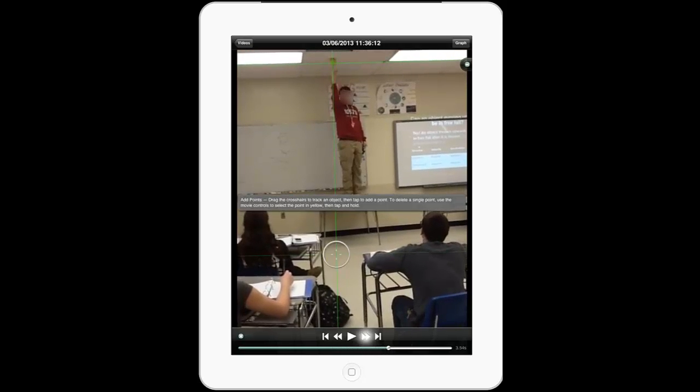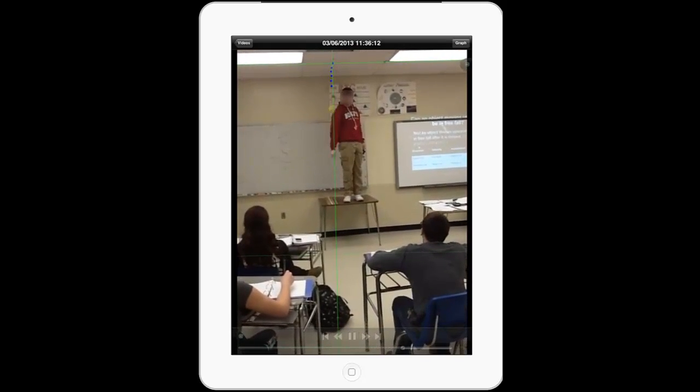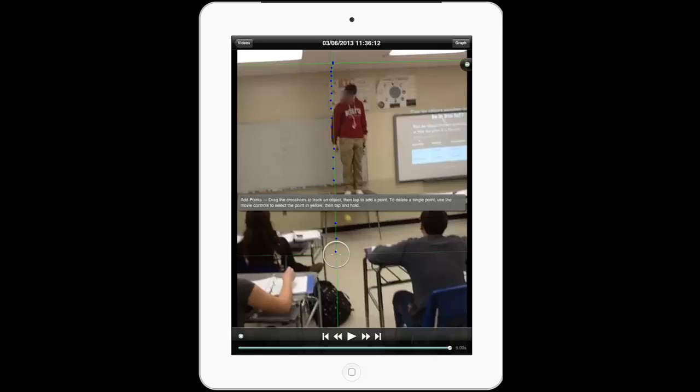There's a student dropping a ball, and what they do there is they go through frame by frame, touch with their finger where the ball is at that frame, and then the program knows where the ball was at each time. And the other things that you have to do in order to finish inputting the motion is just set